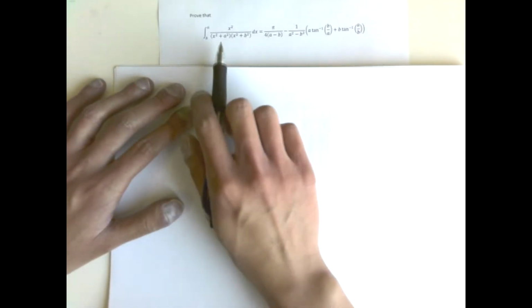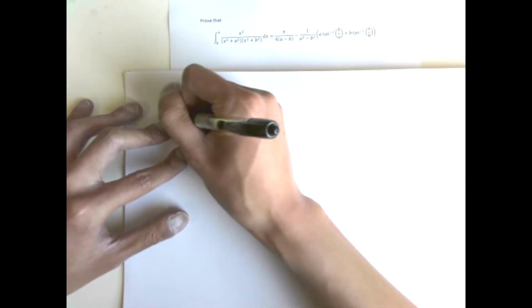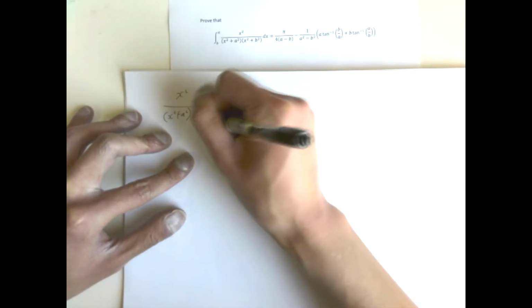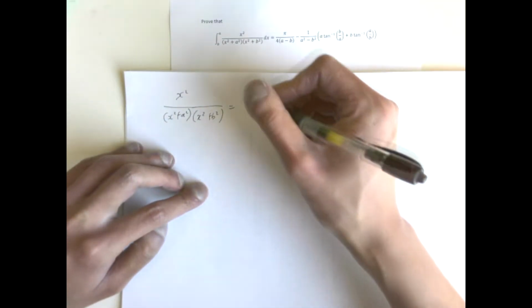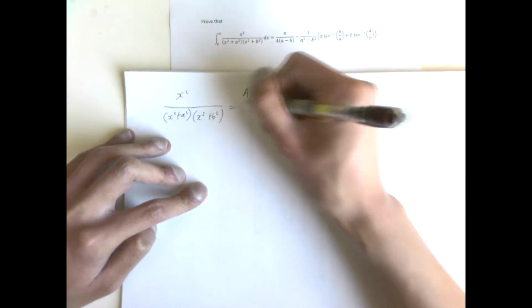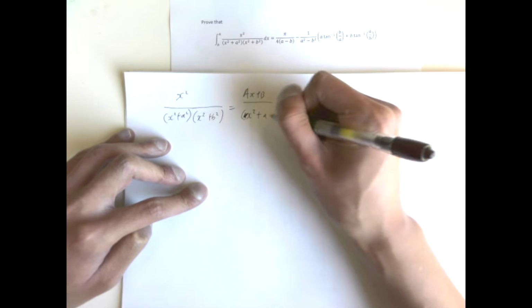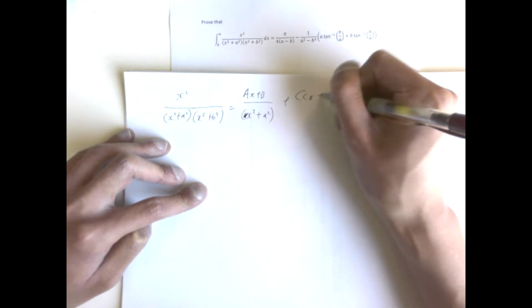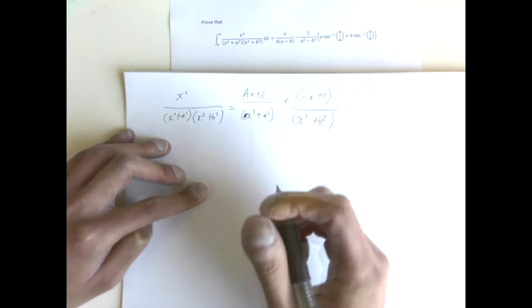Let's try to break it into its partial fractions. Because these are two quadratic factors, we need to break it up into linear factors. Putting them all back together,